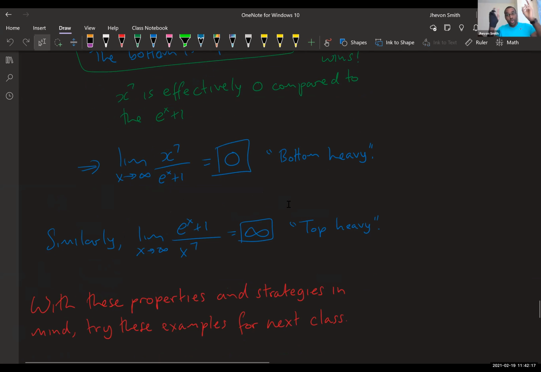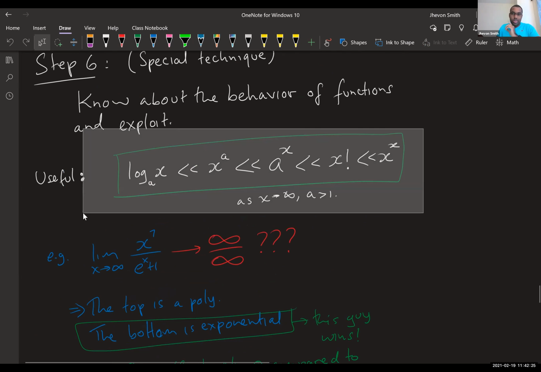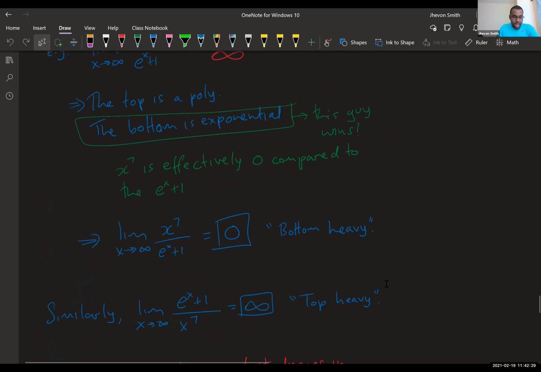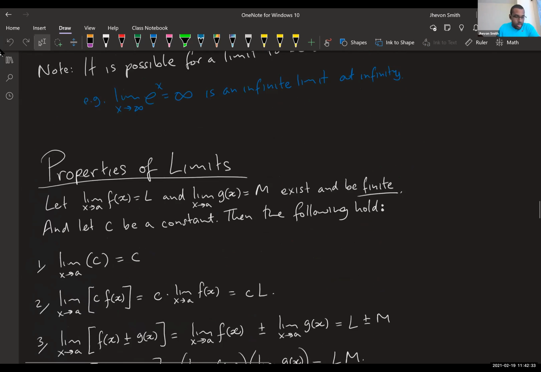And as far as showing your work is concerned, you just write down bottom heavy or top heavy. And I will take that as you know that I know that you know that this is what you're applying, right? Okay, then we went into our bunch of examples and